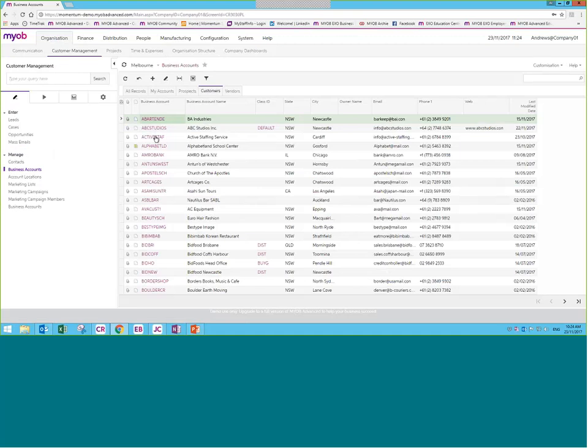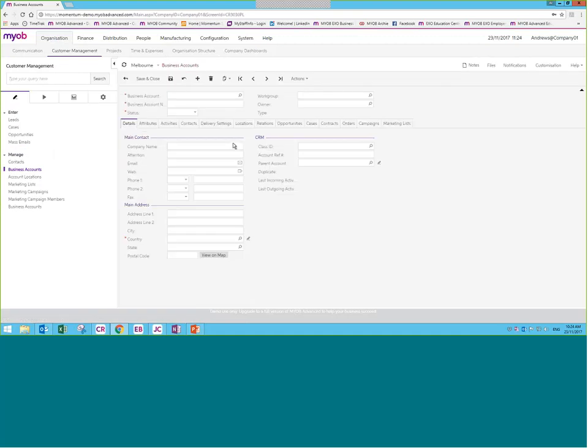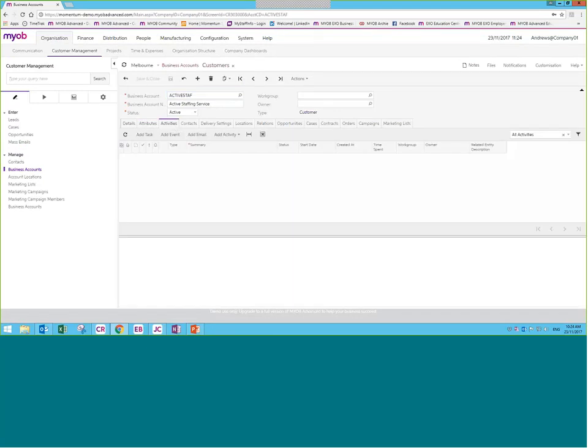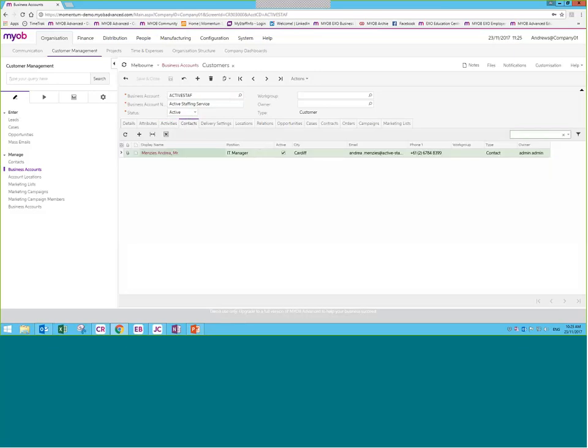If they're looking at customers, and depending on their access rights, then they can easily see basic information about that customer, all the history of notes, meetings, emails that have been sent to or from that customer, maintain different contact people,